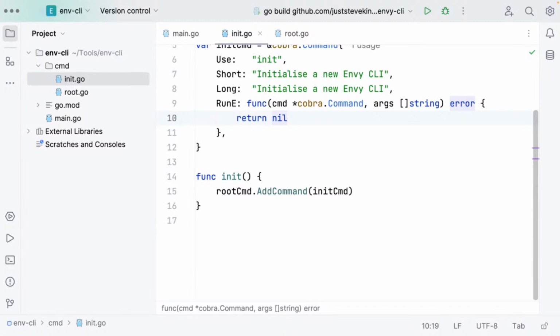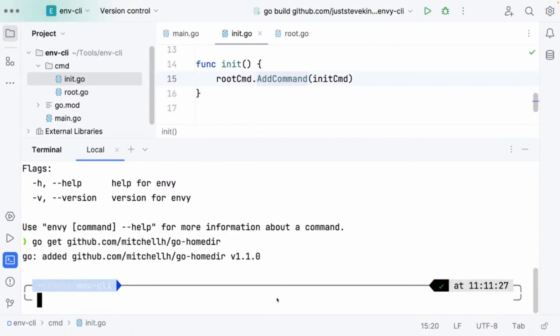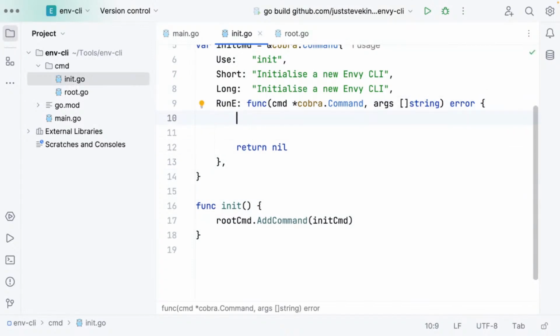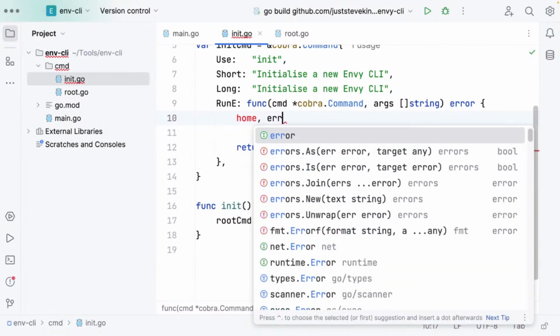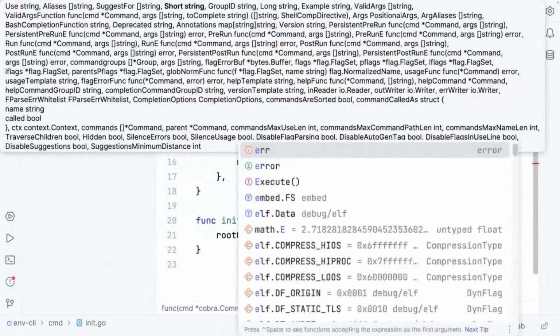Now, there's one Go module that I know we're going to need. That is called Go Home Dir. So I need to say go get github.com/mitchellh/go-homedir. What this does is it's just a nicer way to get the user's home directory for whoever's running the script. So in my init command here, I need to get that user's home directory to start working with it. So we're going to say home, err equals homedir, then if err